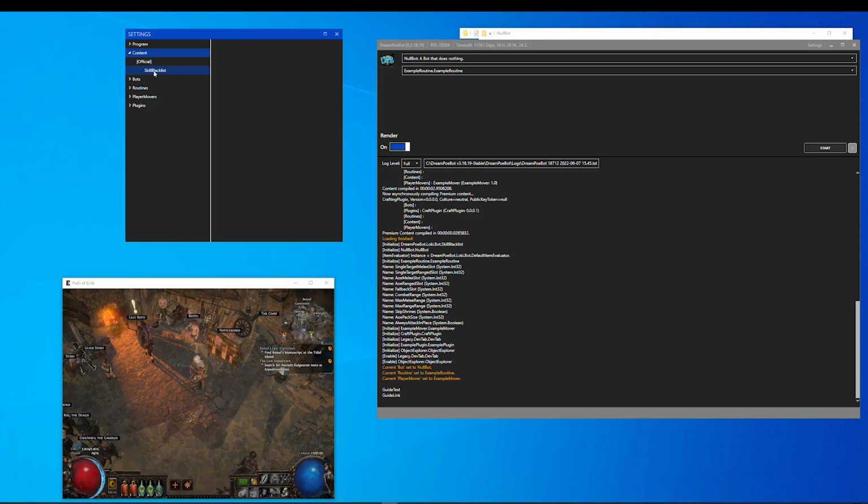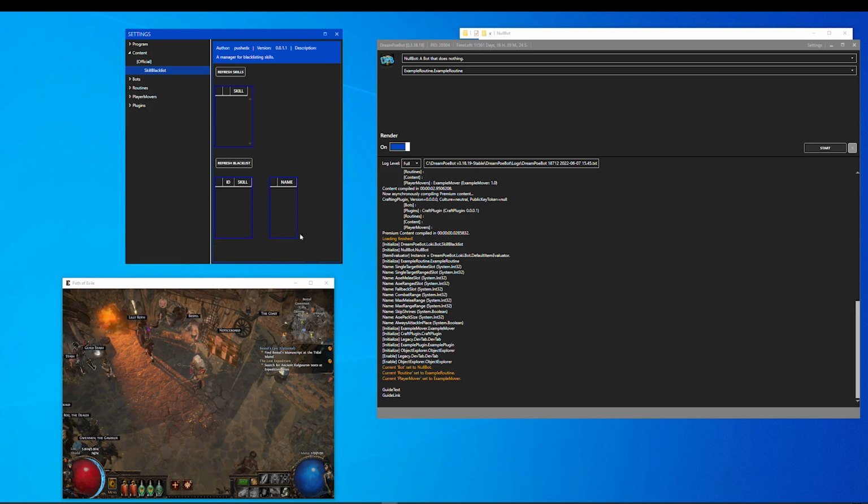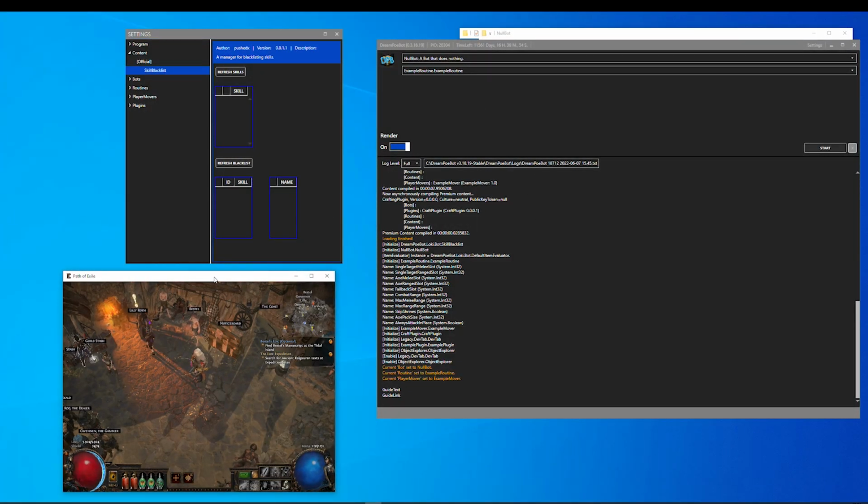Content has some pre-coded functionality that is called skill blacklist. Basically it holds a list of skills that will be completely ignored during the bot runtime. Why is it there? In case you want to completely ignore a specific skill you have slotted in your slots,